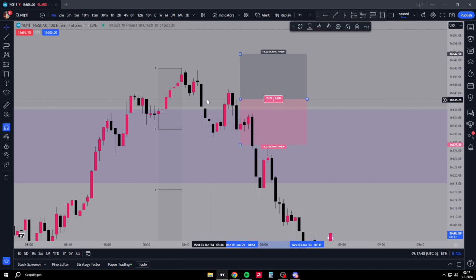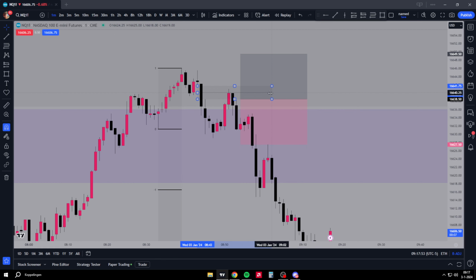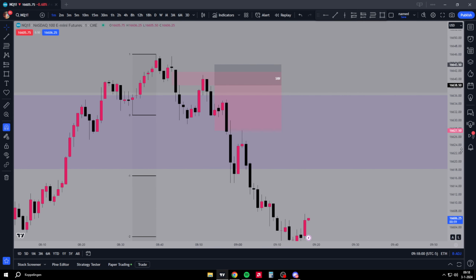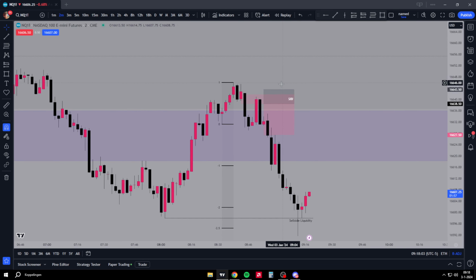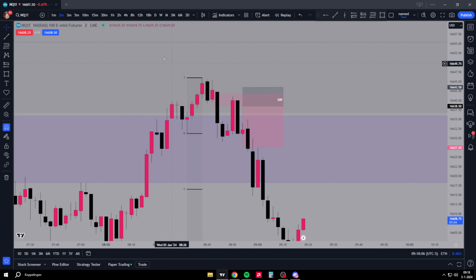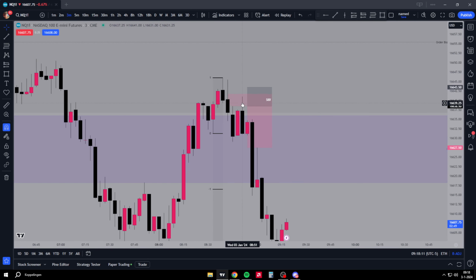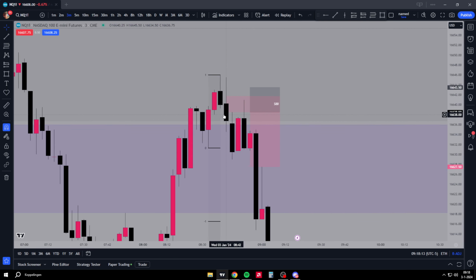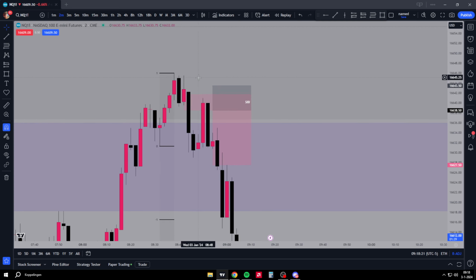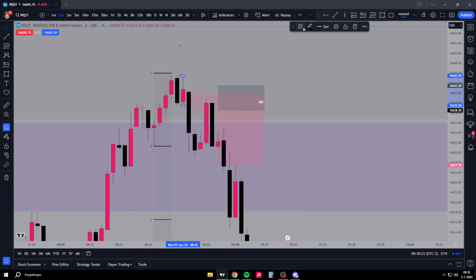So this would be your limit order right there in this value gap, this CB. Should be right here. CB here. Stop it above the order block, which would be a 2 minute order block here. And why is it a 2 minute order block and not a 1 minute order block? Because I go to the highest time frame, which has the highest volume order block. Only on the 3 minute there is an imbalance right here, but we go over this imbalance, so this wouldn't be a valid order block. Only on the 2 minute it would be. So I would see this 2 minute as a valid order block.